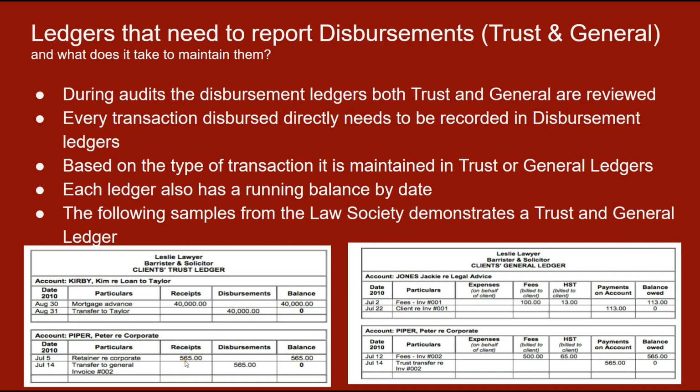Okay. You can see there's money coming into your trust account. That's great. Of course, this example doesn't really talk about disbursements specifically, but keep in mind that there's a column called disbursement, which is really money being disbursed. But this particular invoice of 002, assuming I was raised because this is from a general account. But if this was a trust disbursement, instead of the transfer to general, you would just see,